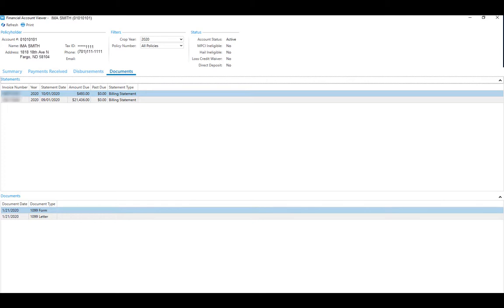So up at the top, we do have our billing statements. As you can see here, it has the statement date, the amount due, the past due, and then of course it's detailing out that it is a billing statement. So if we do click on this line here, it will open up the billing statement that was sent out. So if we needed to resend that to an insured, we'd be able to pull up a copy of that again. Otherwise, down in the bottom section, this is where your debt termination letters would show, obviously where your 1099